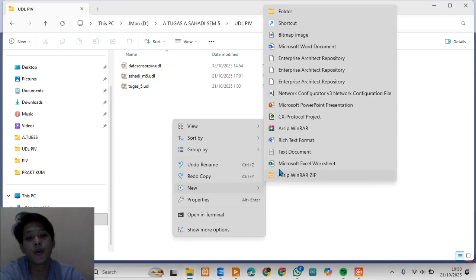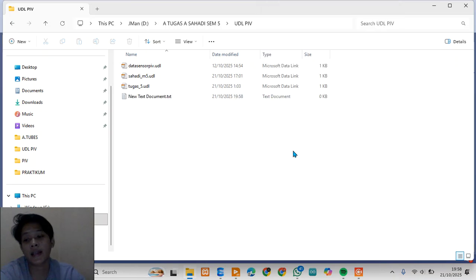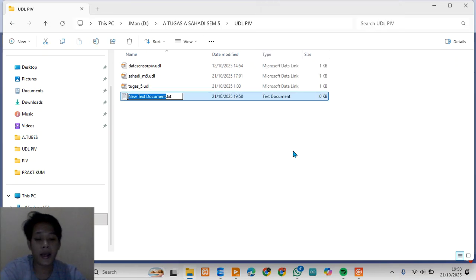The next step is to create the UDL file. I create a new file, select a text document, and give the name of the text document Sadi Tugas file. For the format of the document, I edit it from txt to UDL.